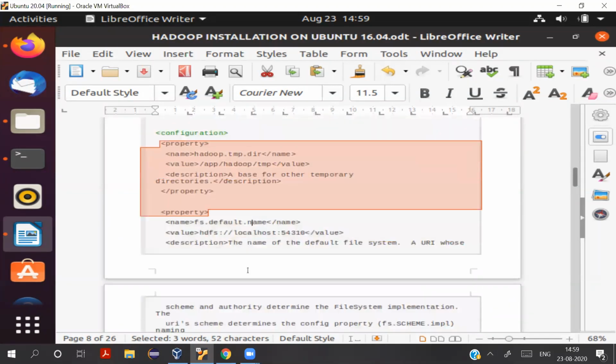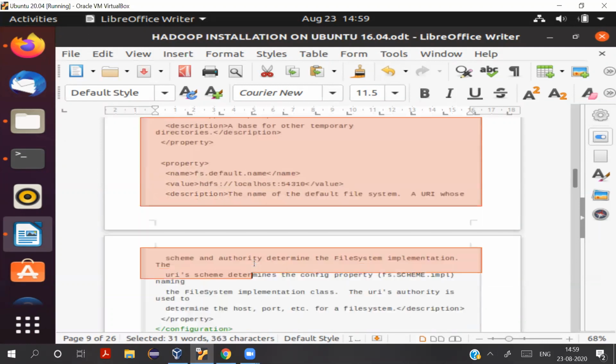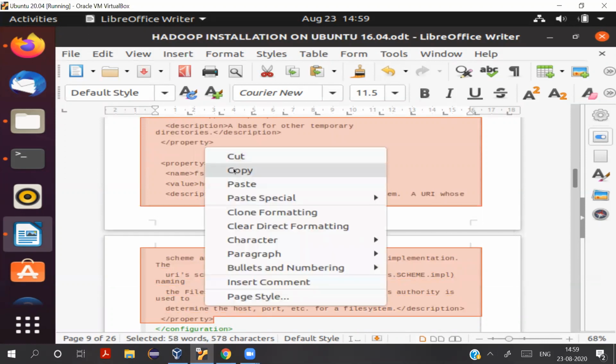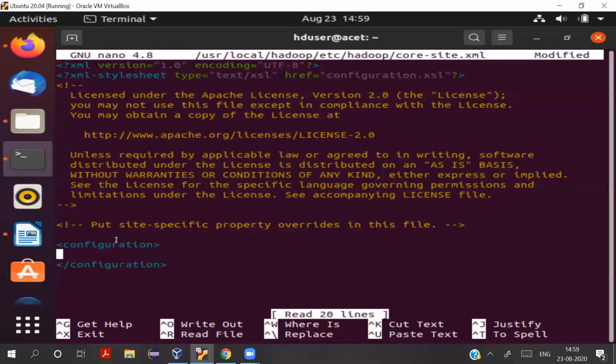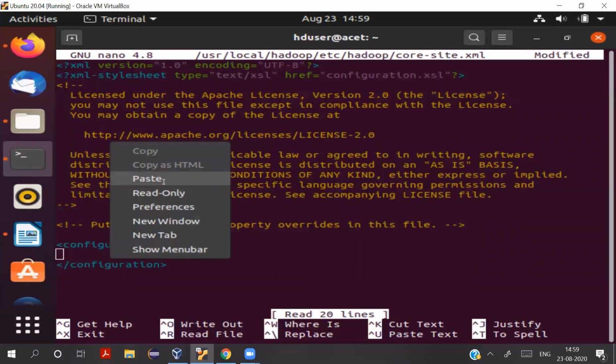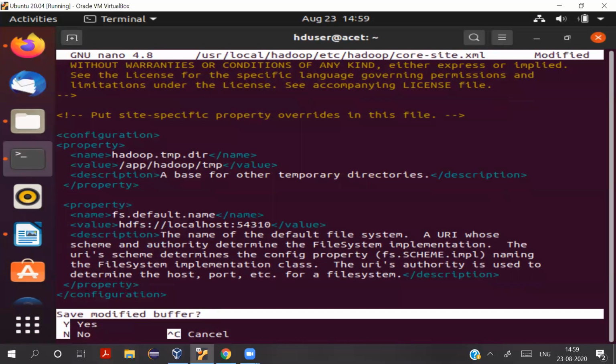So this would be now the value for your name node whenever you want to connect to your name node. We'll see it once we run our cluster. Then I'll discuss all these things with you. But copy these things properly so that you don't miss any opening and closing tags, right? Otherwise there would be a problem. So I've opened it here, and I'll paste it here. See that all the tags, opening and closing, are proper, and then you can save this file.